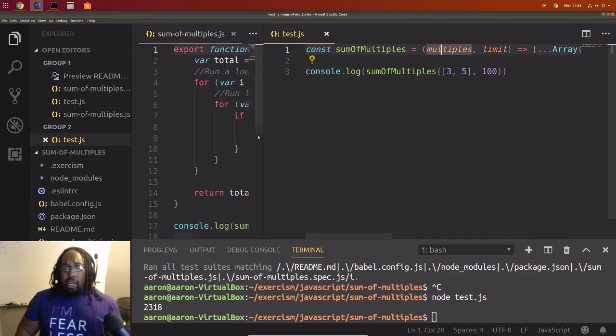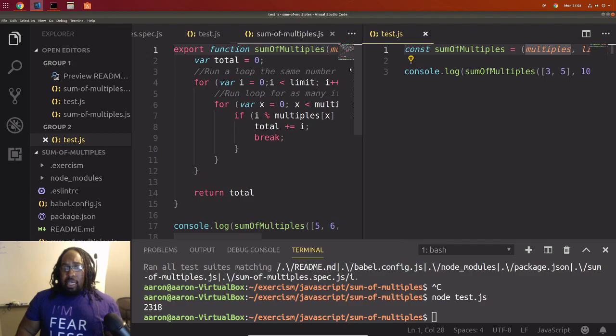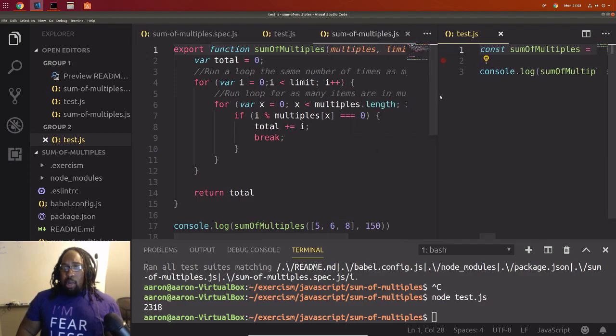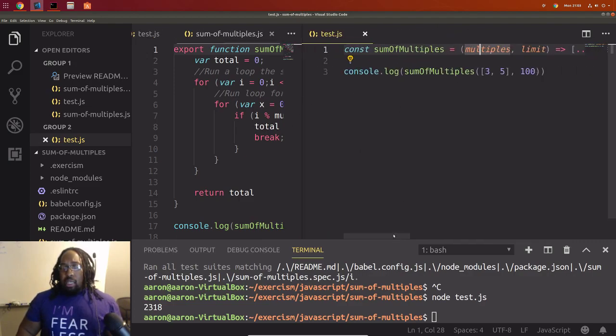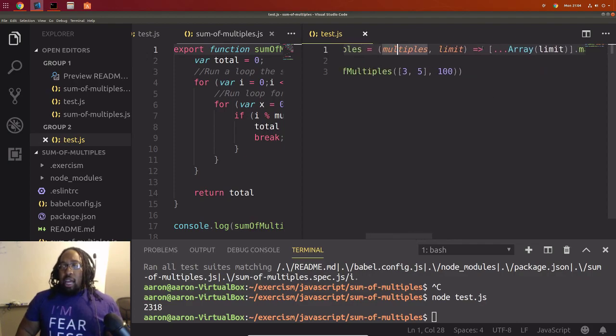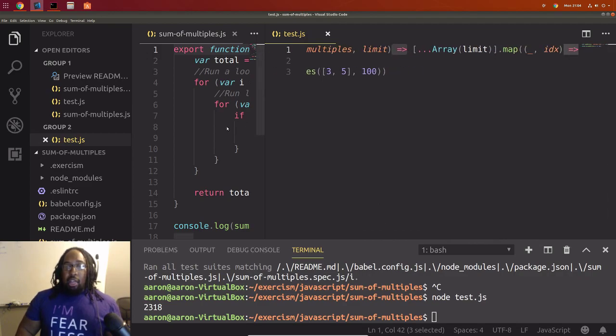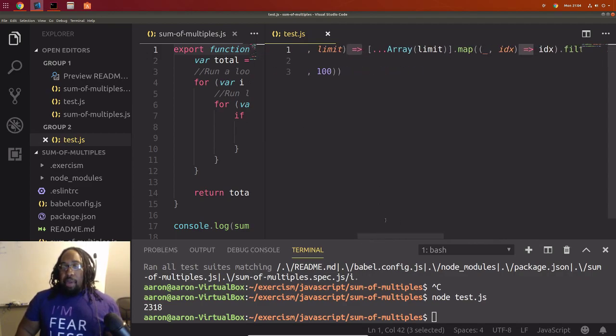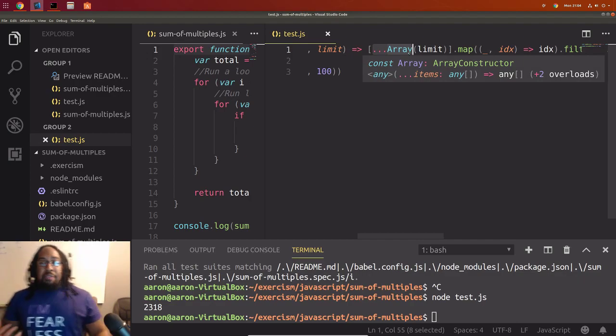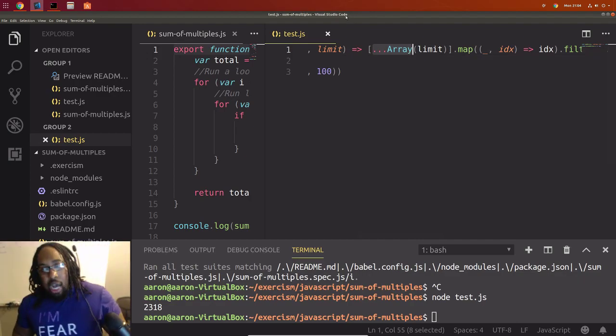But same thing. We are passing in our multiples and our limit. And this is an arrow function. This is how we declare our function instead of writing the function paradigm. In Go, this is called a variadic function, variadic meaning any number of arguments.